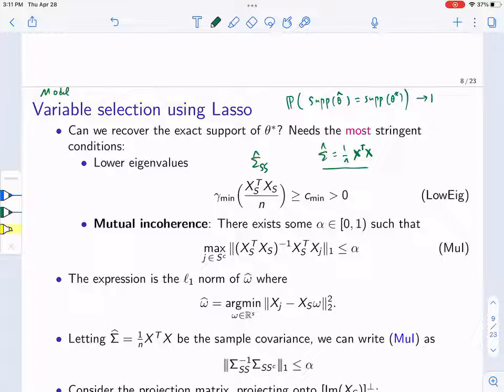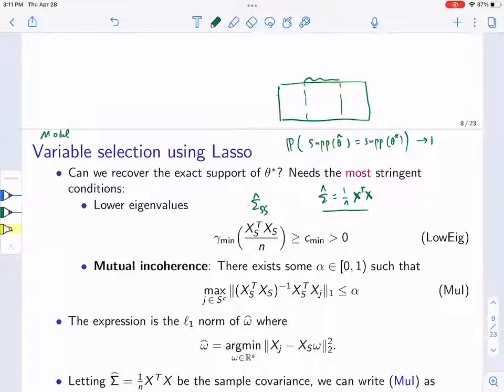But there's this other condition which is called mutual incoherence. I'm not going to go into it, but it's just measuring how correlated the columns are. If you think about this quantity, it's like regressing xj onto the columns xs, if you remember the OLS estimate. So you have the true support. Maybe the true support is very small here. And then I pick any other column